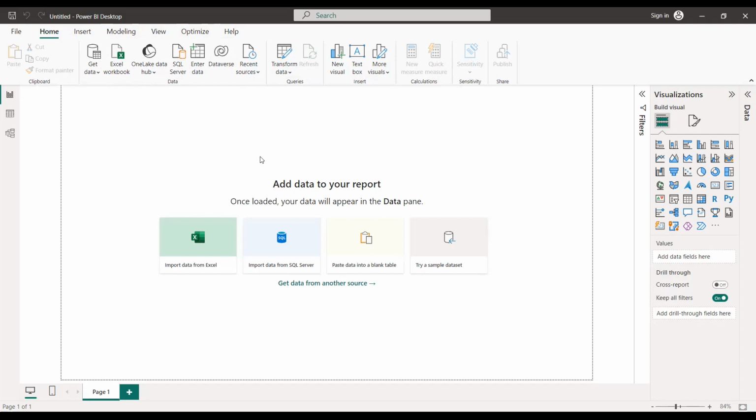And this is where you add data to make a report. You can import data from Excel. You can import data from SQL Server.